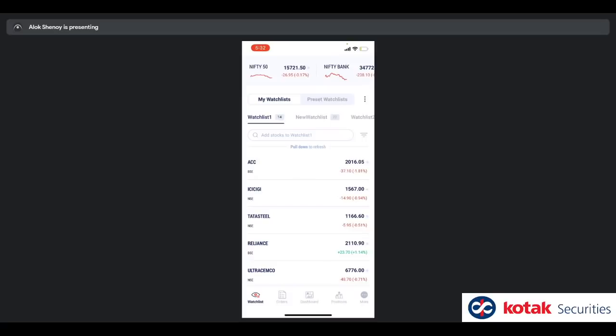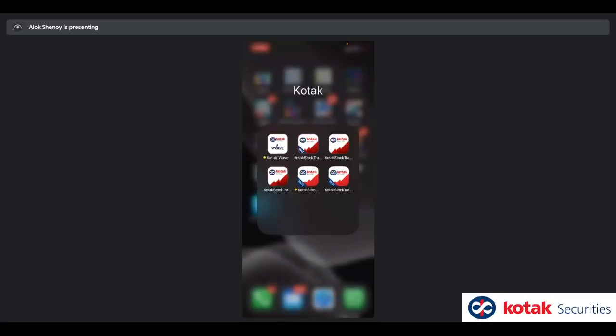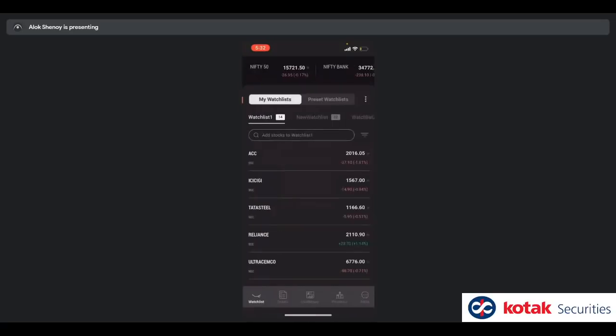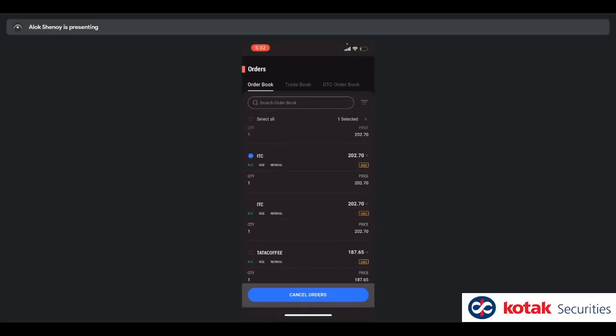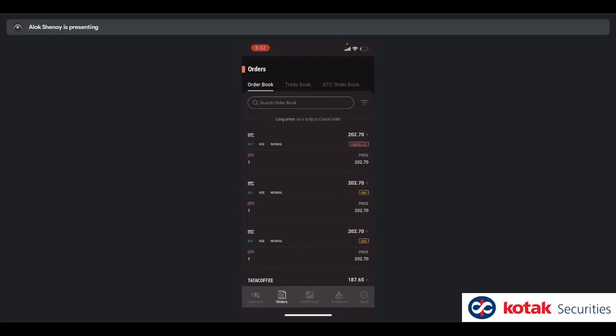Is there a cancel all orders functionality? It's in the testing build which I have. It's not yet been rolled out. It's being rolled out in the next few weeks probably. Just to give you a sense of it, these are my orders. If I want to cancel, very soon you'll see this functionality in the app. Just hold on to one entry and you will get to select multiple orders, or you can just click on select all on the top left and cancel orders. By doing this, all your orders will get cancelled in one go. We're building this. It's going to come to you very soon.